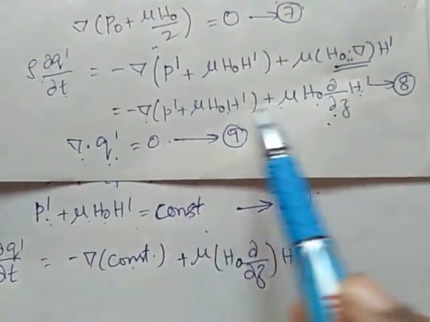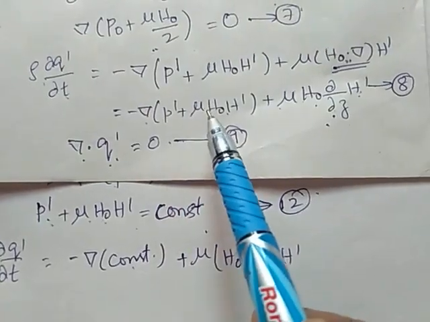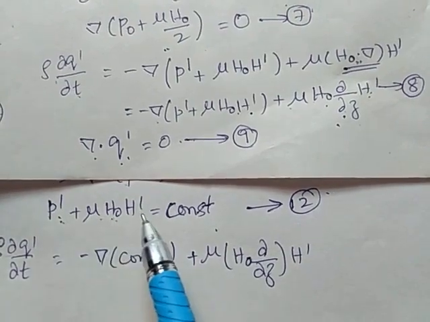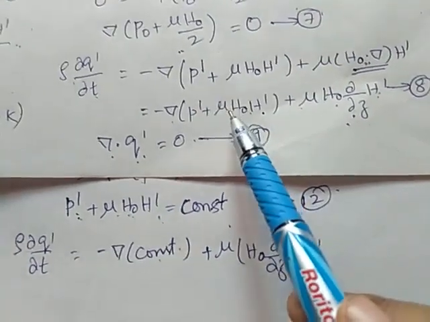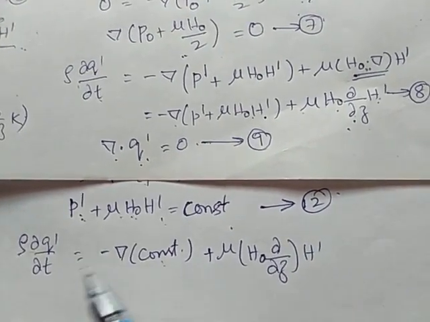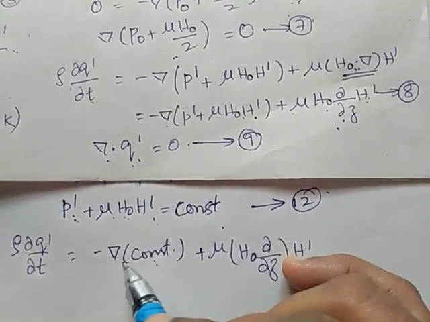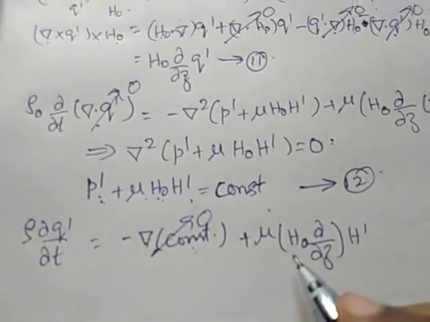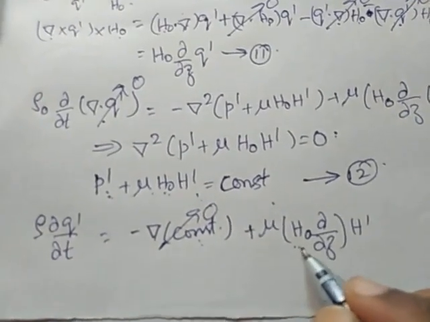See, this is our momentum equation for the perturbed state. Here we are having p dash plus mu h naught h dash. Already we got p dash plus mu h naught h dash as constant. So in this place I have just substituted the constant. So the differentiation of a constant is 0. Now we will get this equation. So this equation we can write as